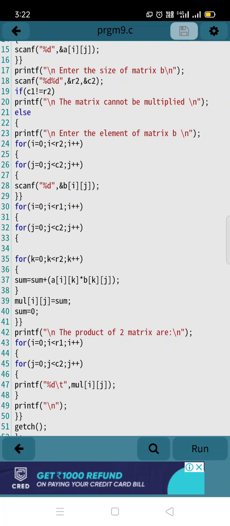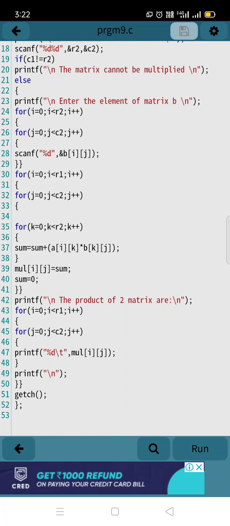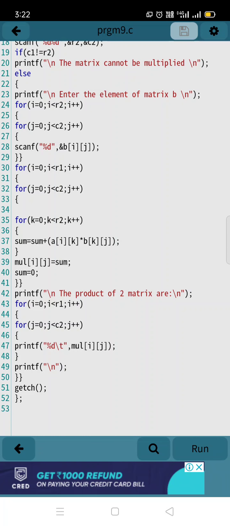Whatever value is stored in the sum variable is going to be transferred to the array mul, which we have taken to store the multiplication result. Again we set sum equal to 0 in the loop, and after that we close both the i and j loops here.